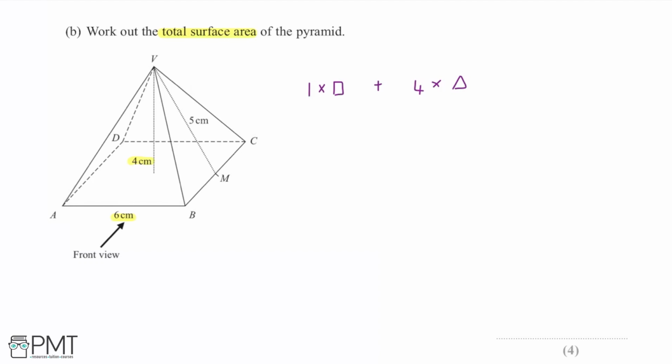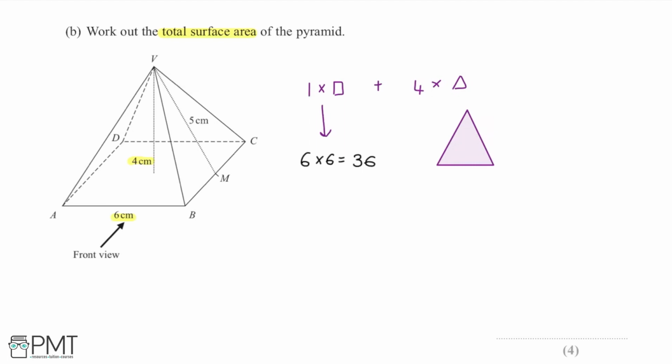And then I can start here by looking at the square base, as it's going to be easier to work with. AB is of length 6, BC is also 6 centimetres, they're all going to be 6 centimetres. So the area here is simply going to be 6 multiplied by 6, and that gives us an area of 36 for the base. And now we need to add on 4 lots of the area of one of the triangular faces. So if I redraw the diagram of one of these triangles,